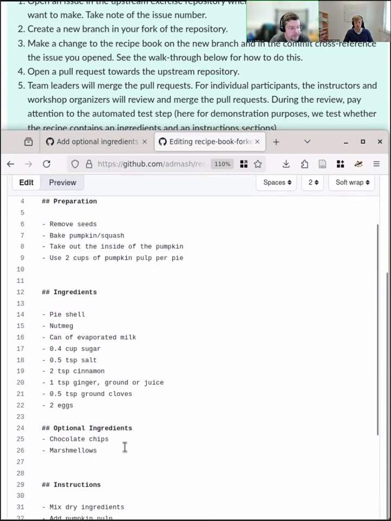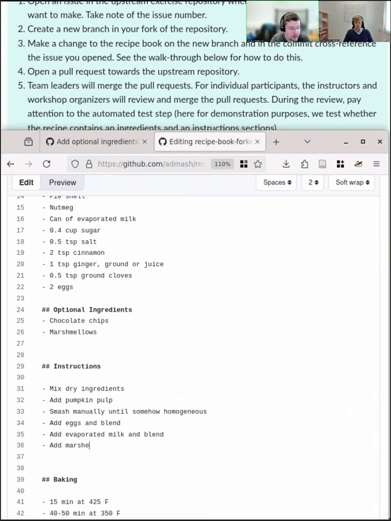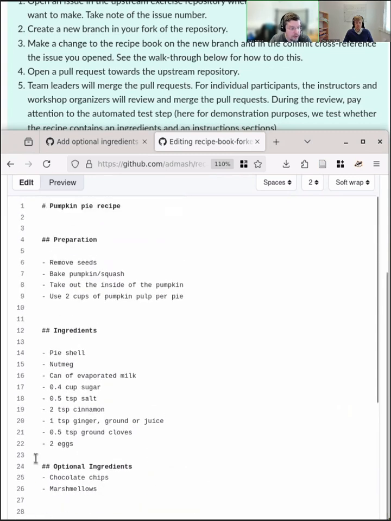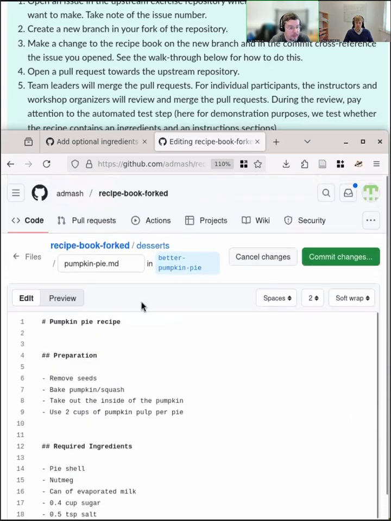So there they are. We'll put in an instruction, add marshmallows on top if included. And now this is optional ingredients, and then we're going to put this and call it required ingredients so that we can make use of that in a future discussion.